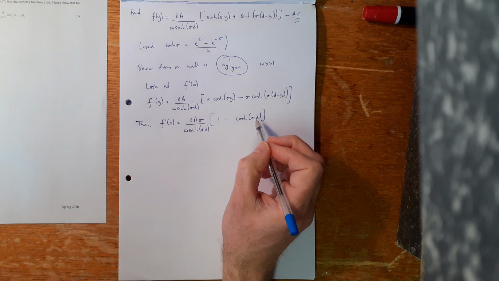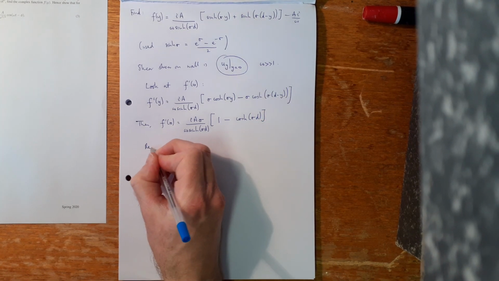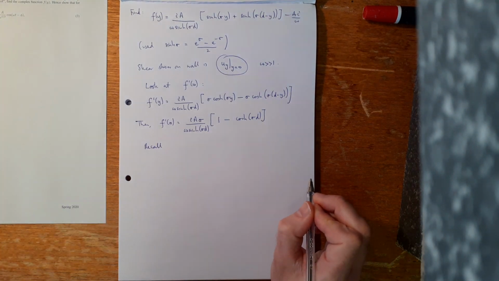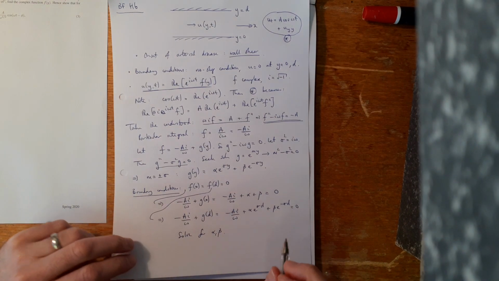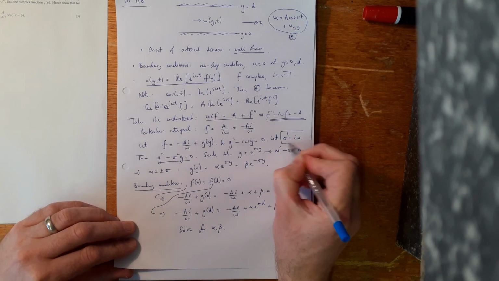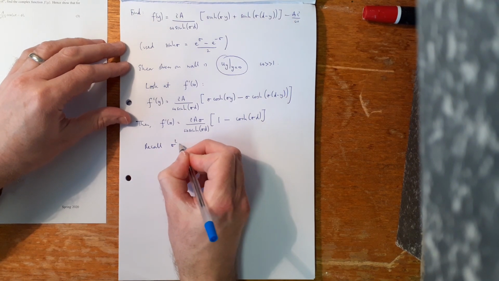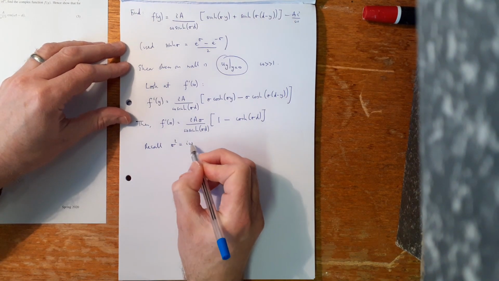Right, now we need to think a little bit carefully about what's happening when omega is large. So let's just remember how we define sigma. So that's on the previous page. Somewhere on this page here, we define sigma squared is i omega. So sigma squared is i omega. Omega is real